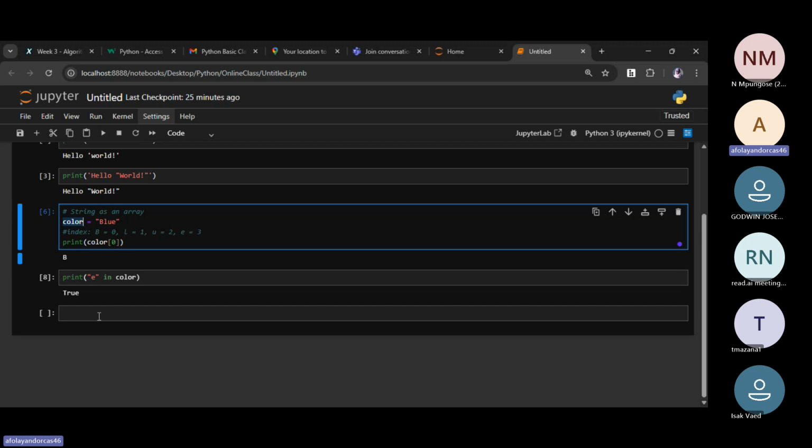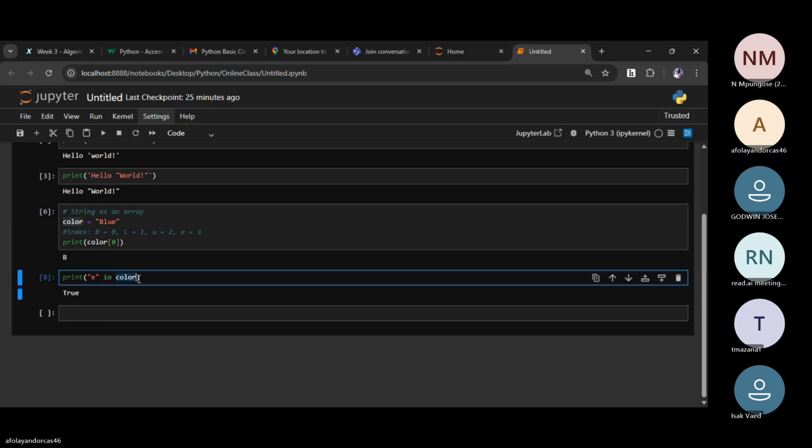So here I created something called color. We have a variable called color. What I'm trying to say is: this letter E that is here, is it in the color value, like in the word color? But you know that this is a variable.